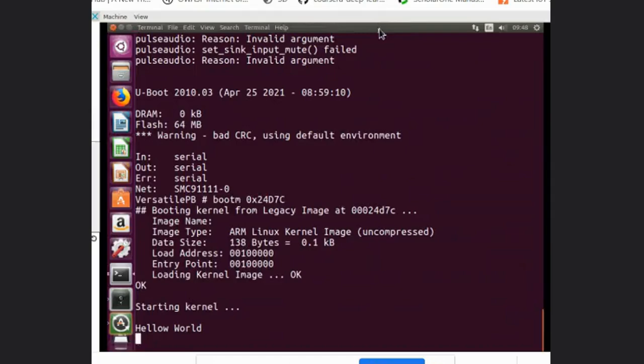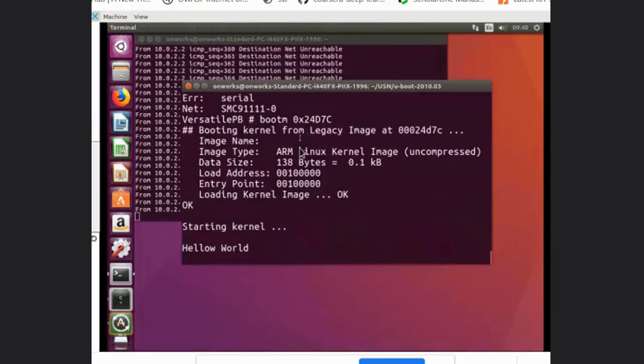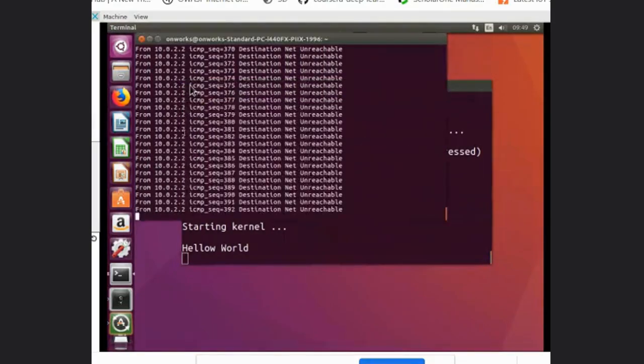If that doesn't work, you can directly close this terminal. Okay, so now I will just tell